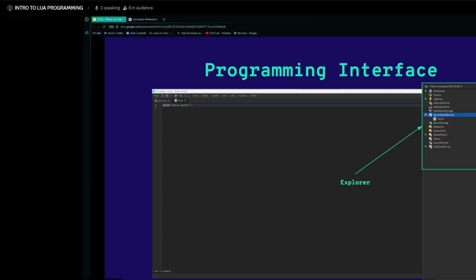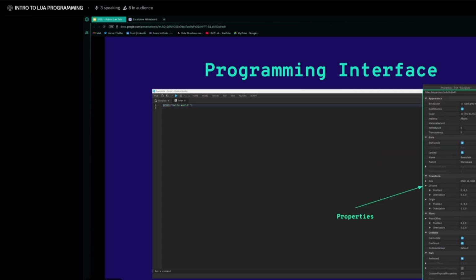Etc. And they're all listed. Next, what's highlighted are the properties. This is where you're going to be able to edit the properties, such as the color, position, etc., manually or even through code. I like to look at the properties a lot because it gives me an idea of what properties the specific instance or class has, so that I'm able to edit it